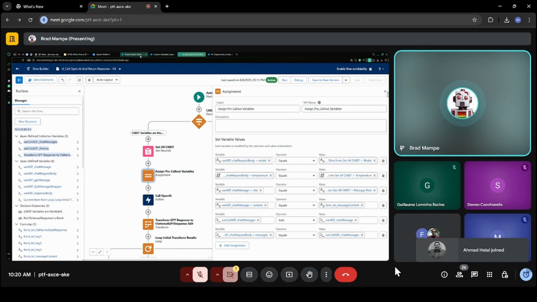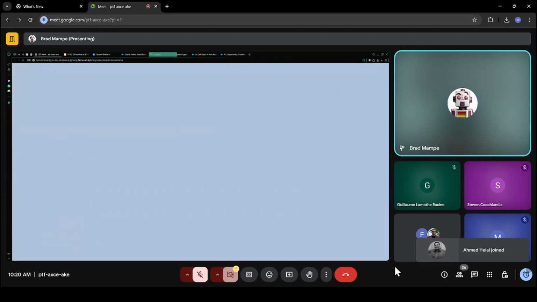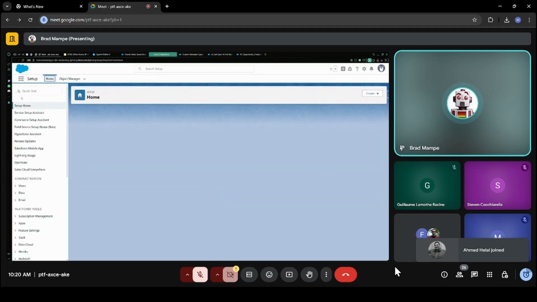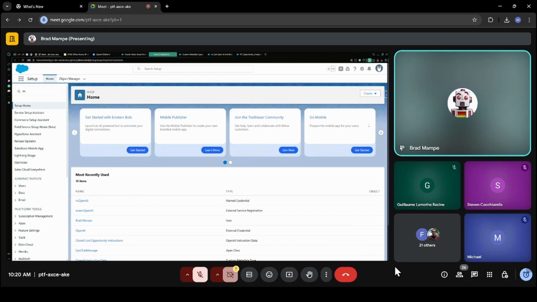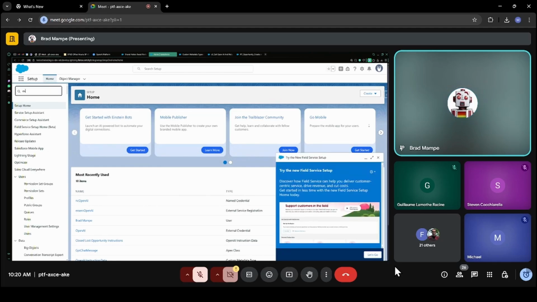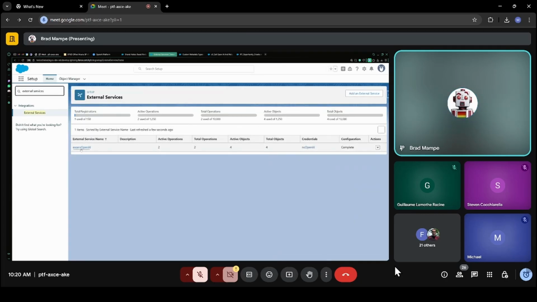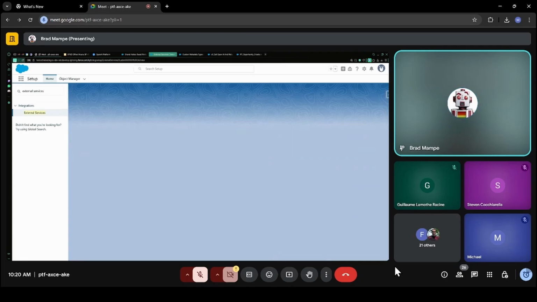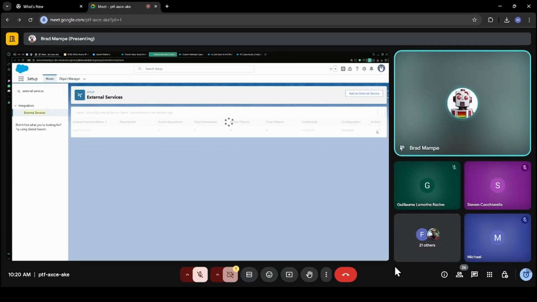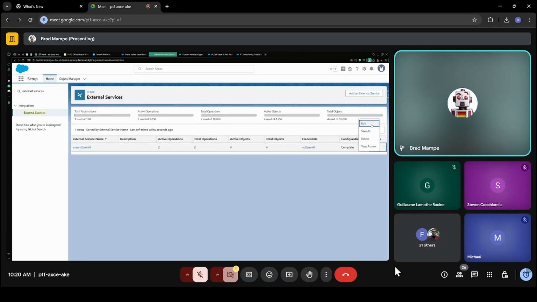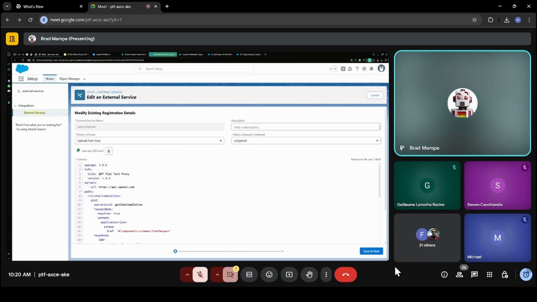So if we go into the setup menu, the Apex that actually gets called is from the external service that you configure. Well, I'll go back ahead. There we go. Okay.